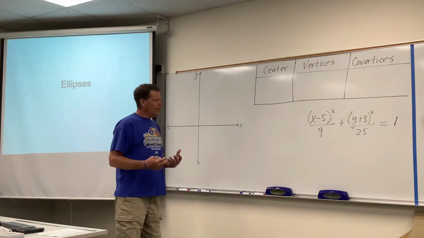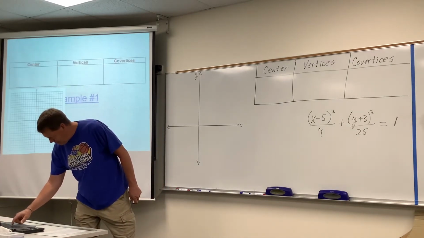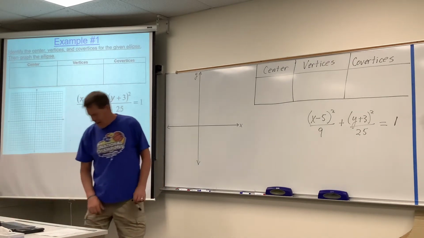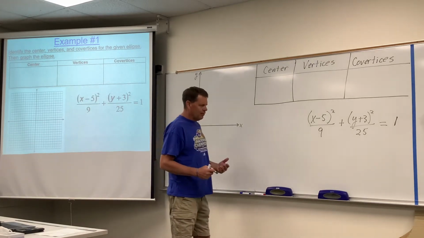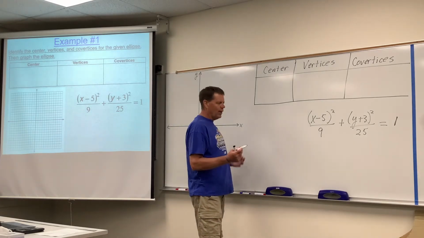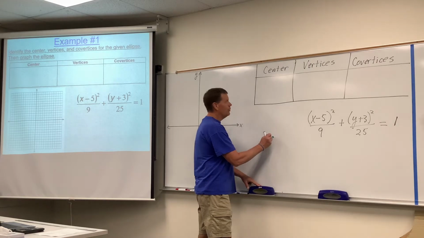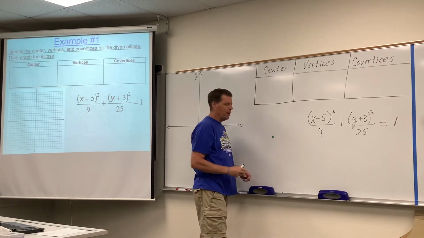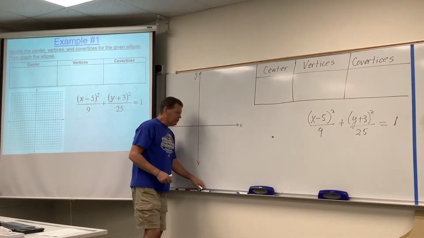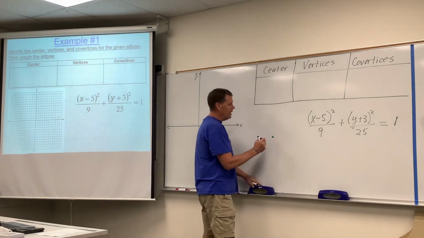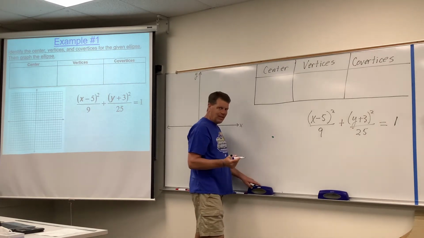I think it would be helpful for me to first put up the fact that this is going to be example number 1, all right? And it's helpful to talk about the fact that ellipses are very similar to circles with one major difference. An ellipse has a center point, which we will discuss how to discover from the equation. After we plot that center over here, then we'll talk about the fact that with an ellipse, instead of traveling the same distance in all 4 directions like we did on a circle,